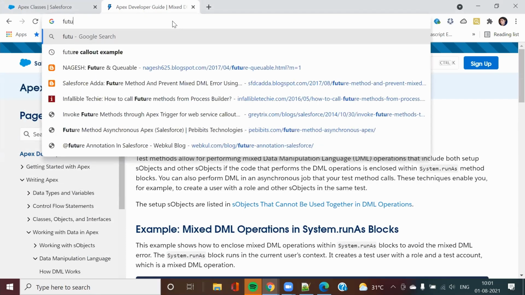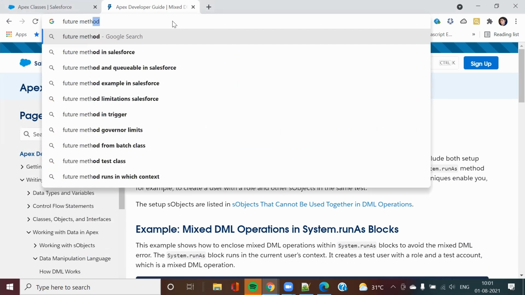And one more thing to be noted here, from one future I cannot call another future. From one async I cannot call another async. But in case I need to do this, from one async to another, we can make use of the Queueable method. There we chain the jobs. That we will cover later.